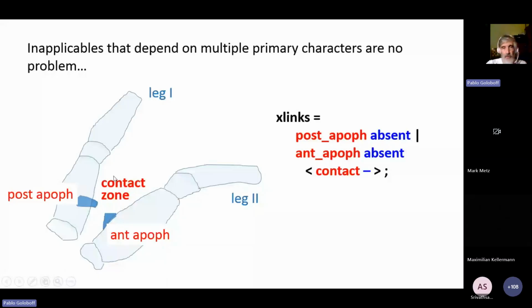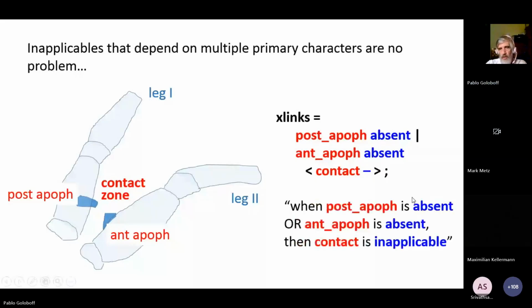Do they touch in full? Do they touch in part? Do they interlock? Whatever it is, that contact zone character. So if the posterior apophysis is absent, or that's what this symbol means in the TNT syntax, right? That means, or the anterior apophysis is absent, then the contact is inapplicable. You cannot define how the interlocking between the two apophyses is if one of them is